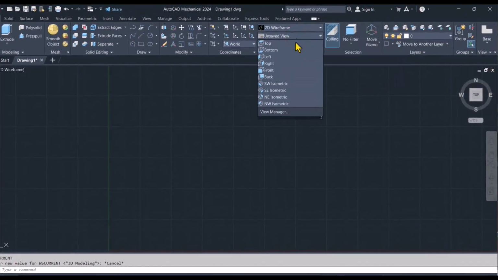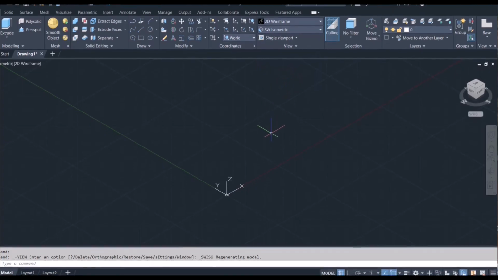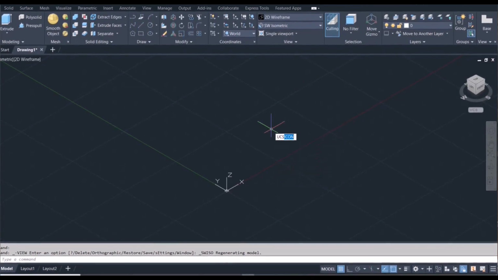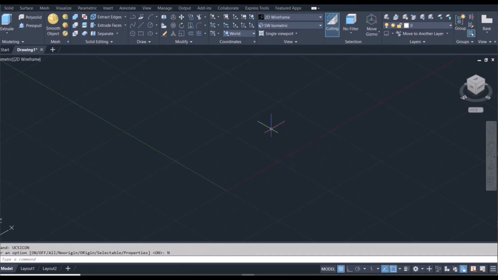And now here we can perhaps change to Southwest isometric, and then the UCS icon. We can change that to no origin like that, and I think we are ready to draw. Okay, so let's begin by drawing